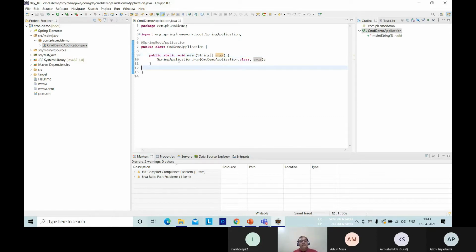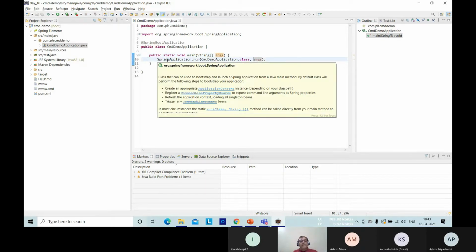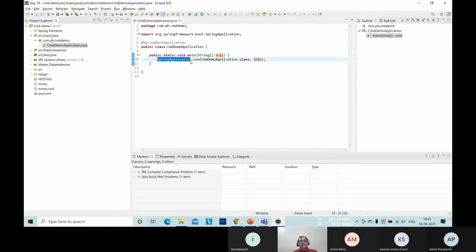Okay. Now, that concept is common, but the crux starts from here: whatever argument is received from the command line is passed to the Spring application. Remember, the control is not directly in our hands.